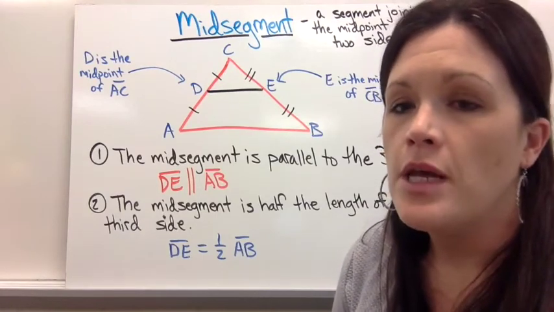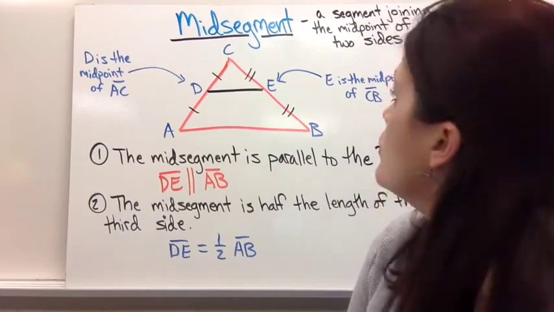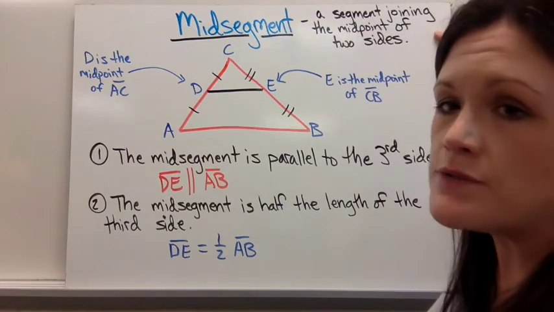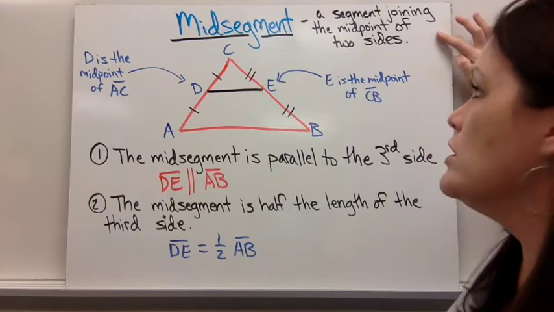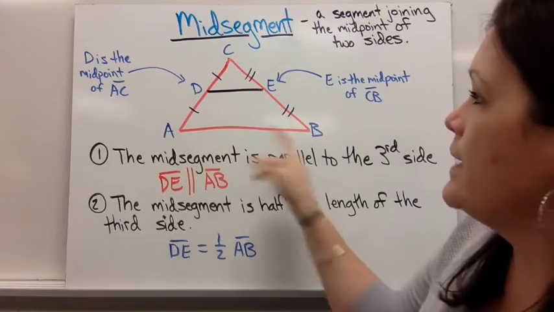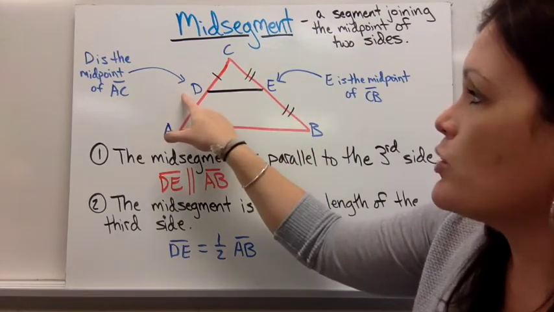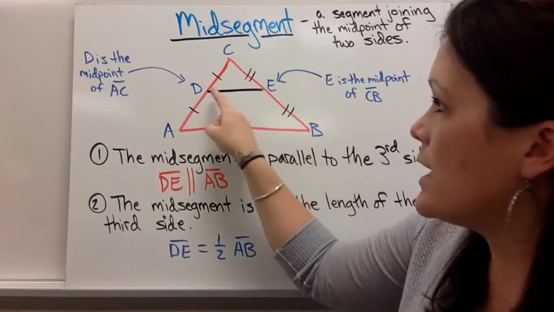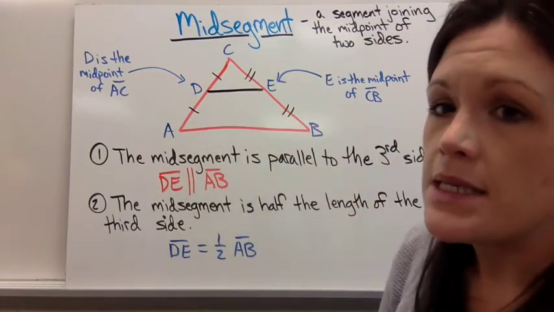Let's talk for just a minute about the midsegment of a triangle. The definition of midsegment is the segment joining the midpoint of two sides of your triangle. So in my example, I have triangle ABC. D is the midpoint of AC, E is the midpoint of CB, so therefore that DE segment is the midsegment